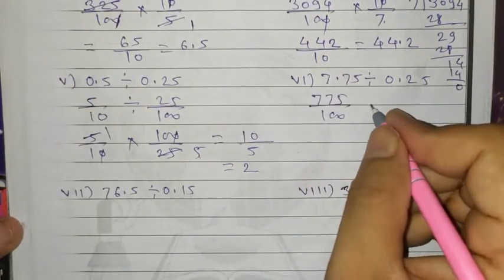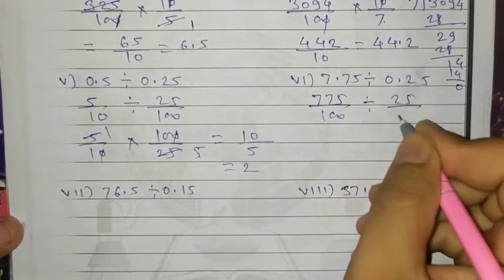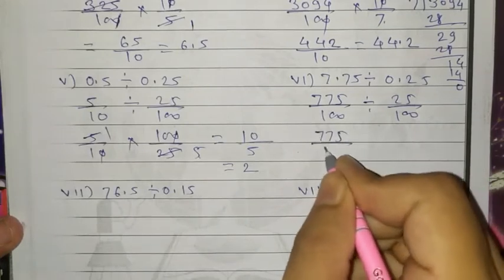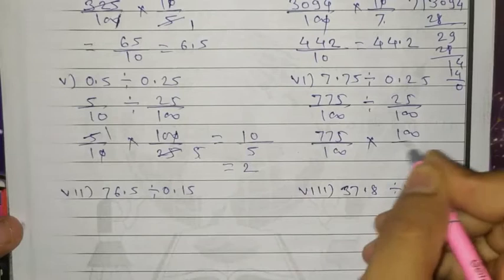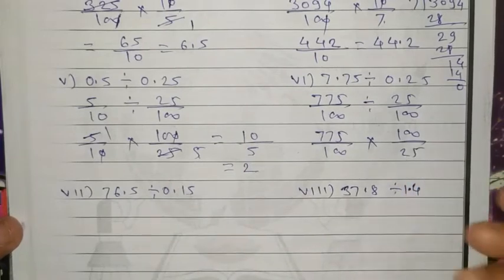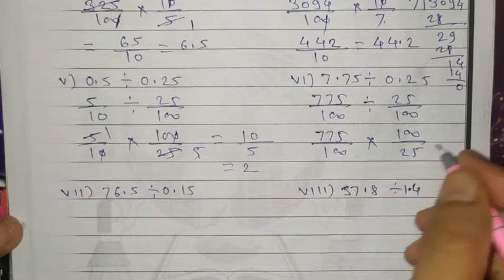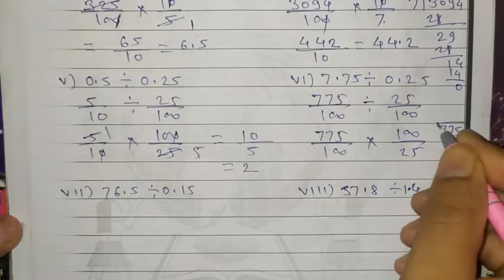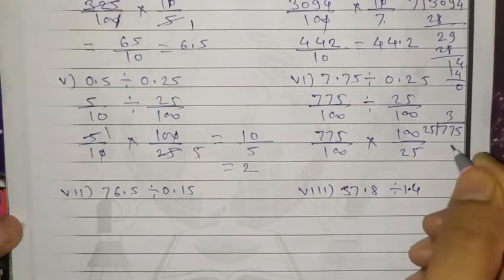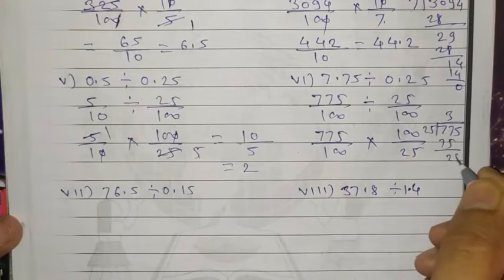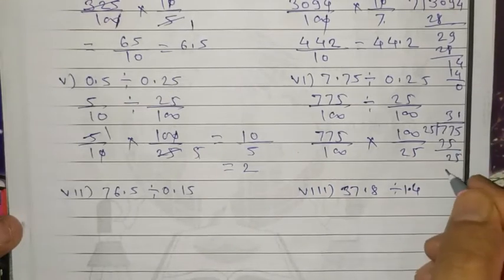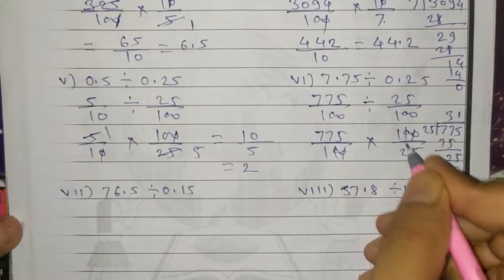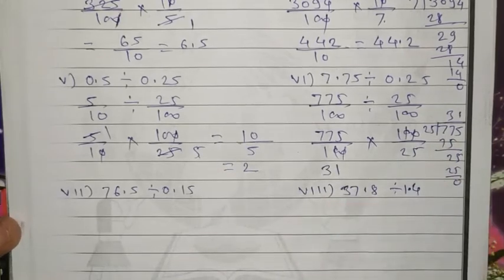So here write the number without decimal point and here 25 upon 100 because after the point there are 2 numbers. So here you write the number as it is, change the sign, so the reciprocal is here 100 upon 25. So this number you can divide by 25. So here 775 divided by 25. So 25 into 3 is 75. Remainder is 2. So here 25 into 1 is 25. Downside 0. So here it is 31. And here 0 0 directly gets cancelled. So the answer is 31 only.